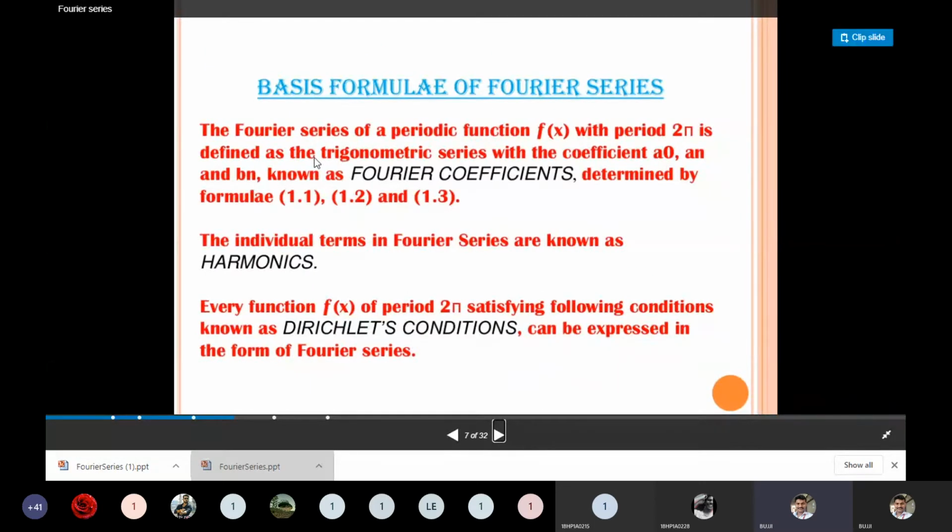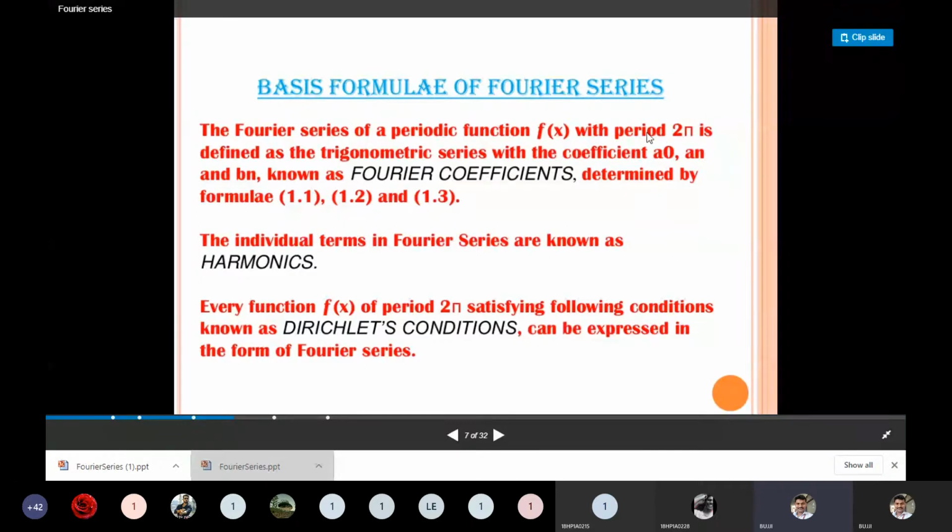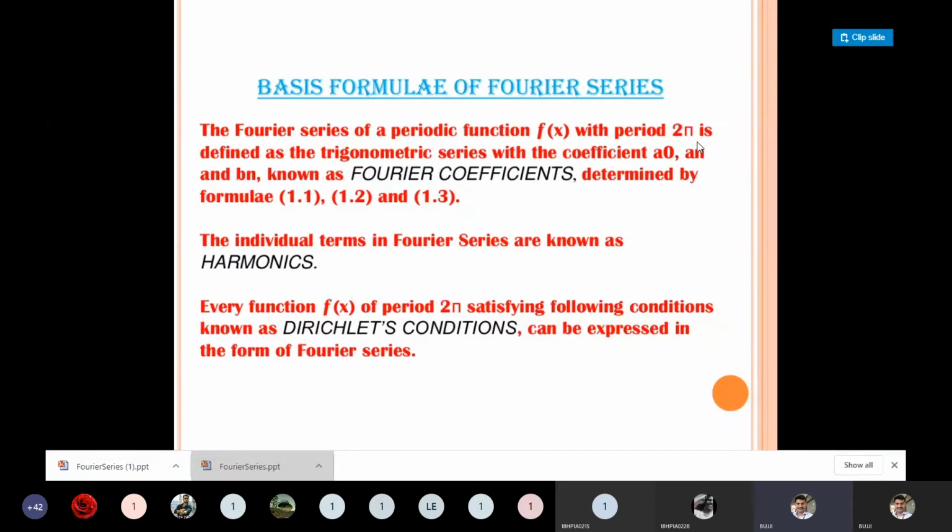First of all, we are going to the details to do the sums. First of all, listen to this. Fourier series is used for periodic functions. A function f of x with a period 2 pi, where 2 pi means a complete period, is defined as a trigonometric series with the coefficients